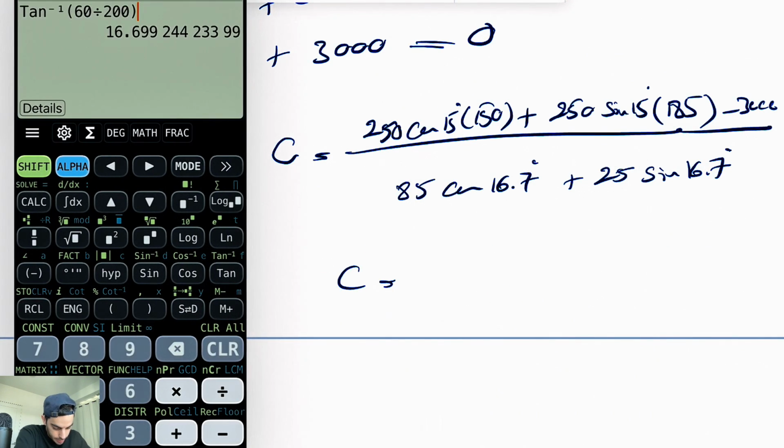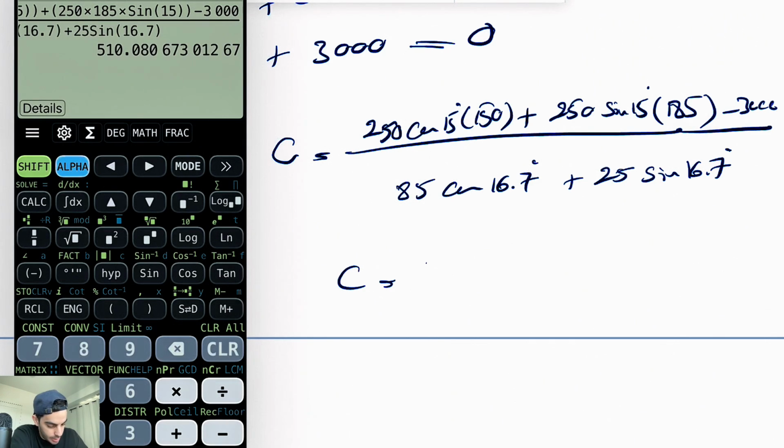Let's just calculate this. 250 cosine of 15, plus 250 times 185 times sine of 15, minus 3000, divided by 85 cosine of 16.7 plus 25 sine of 16.7. And our C is going to be 510.1